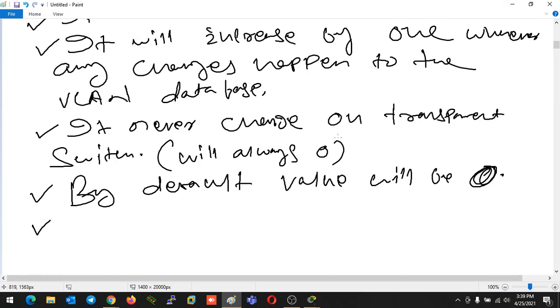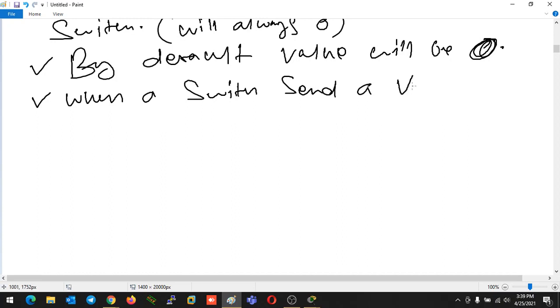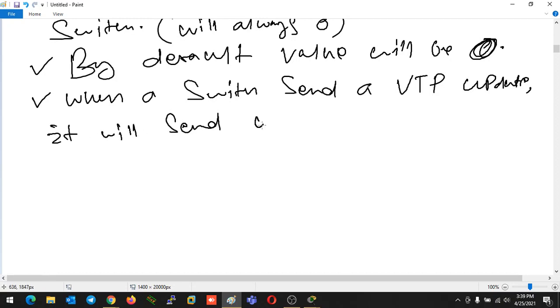The next important thing about the CR number is that whenever a switch sends a VTP update, it will send it with the CR number.